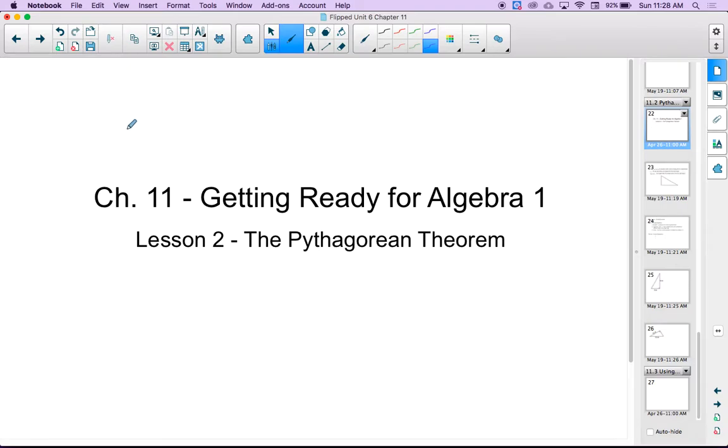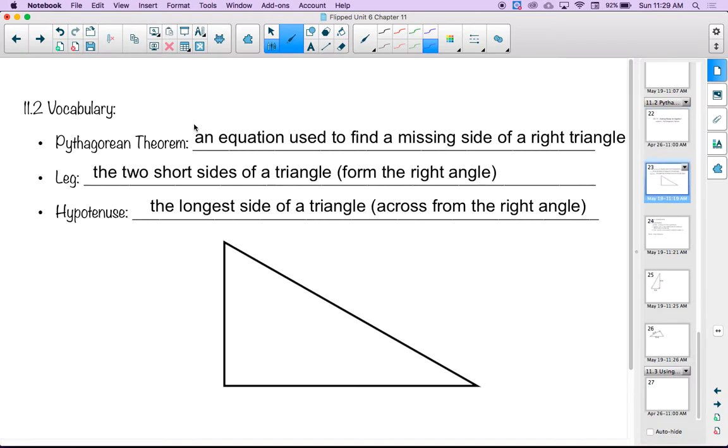Okay, this is our lesson 2 for chapter 11. This lesson is about the Pythagorean theorem, and this is one of my favorite things to teach, one of my favorite things to learn about. So let's get started. Our vocab, the Pythagorean theorem, is an equation used to find a missing side of a